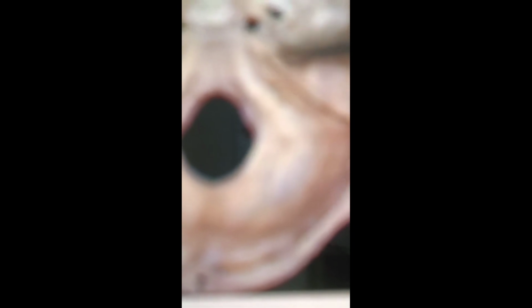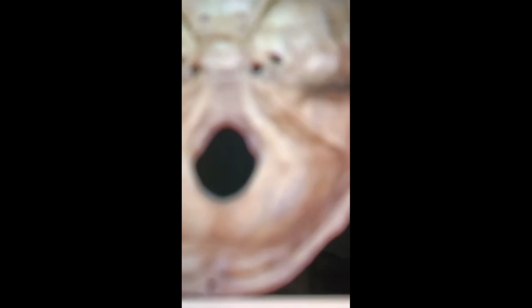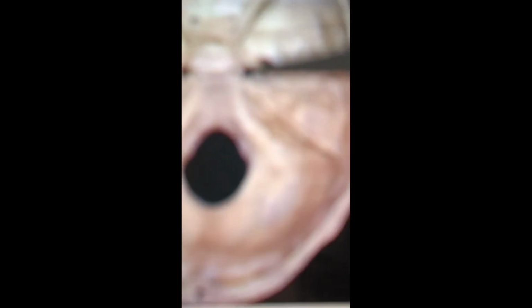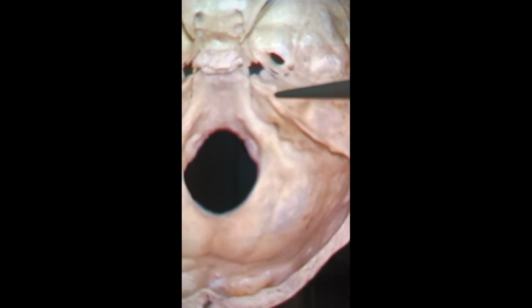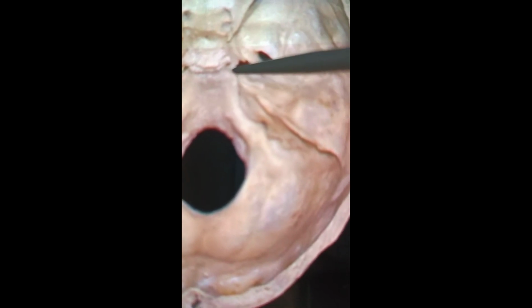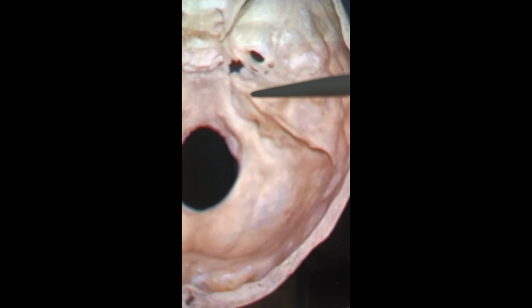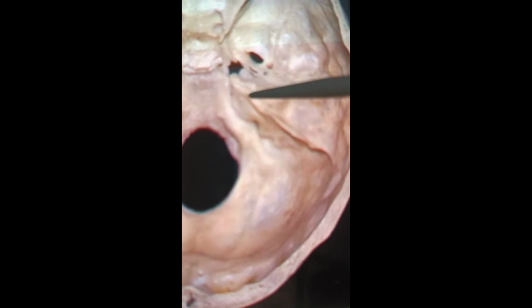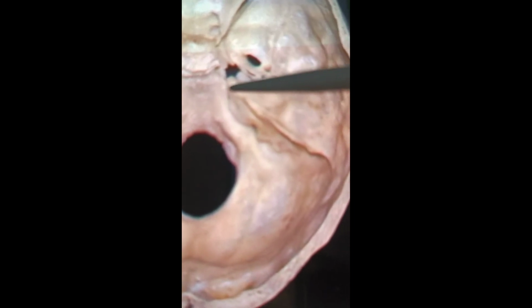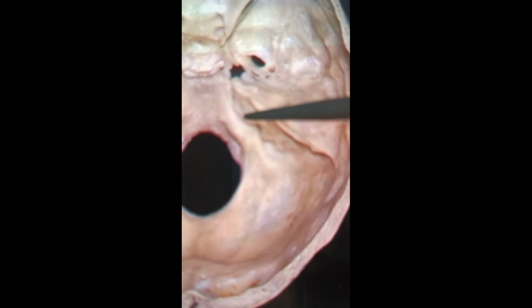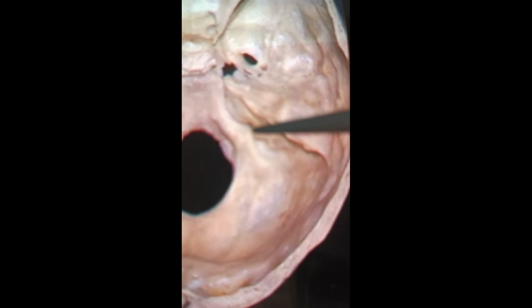As this petrous bone reaches the medial side, it has a notch, and that it sort of ends in the posterior clinoid process. So this is the notch, and you have a ligament connecting the anterior clinoid process and a tubercle here, which is called the petrosphenoid ligament of Gruber. Underneath you have the inferior petrosal sinus, which ends in the jugular foramen.